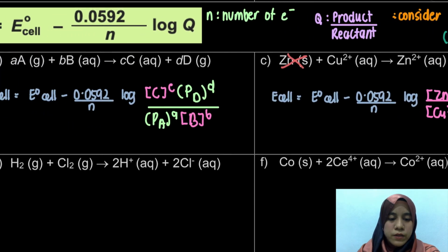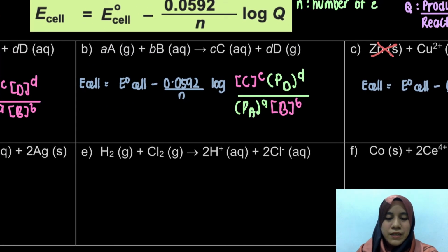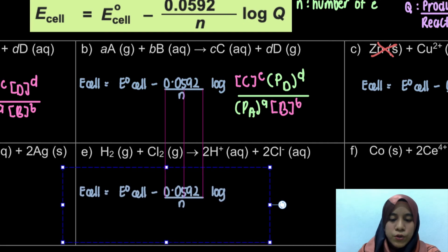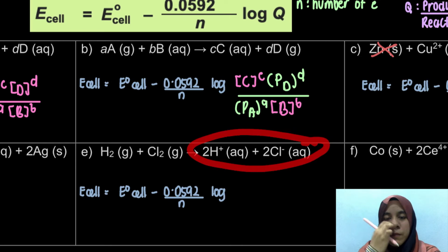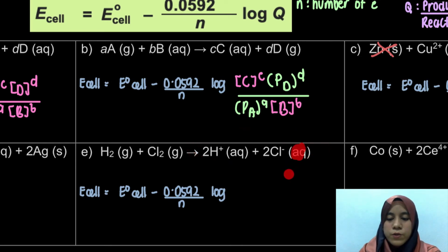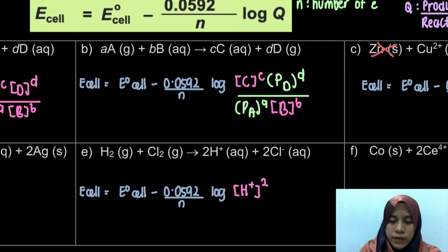Okay, last one, let's look at it together. It's actually example E. We have our gas here. So how do we use it? Remember log Q. Q is actually product over reactant. Product is 2H+ and 2Cl-, which are aqueous. So for aqueous, we must use the square bracket. So square bracket of H+, but here we have 2 in front, so we have to write down to the power of 2. And then we have Cl-, again we have 2 in front, so [Cl-] to the power of 2, divided by